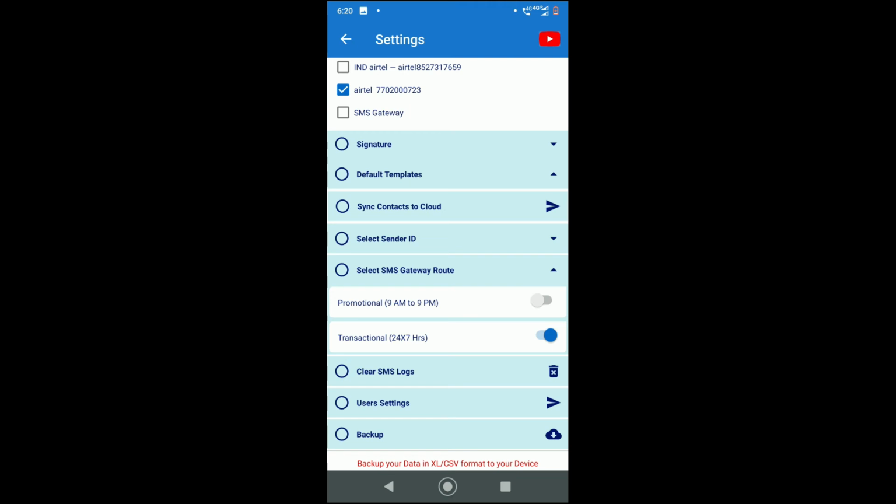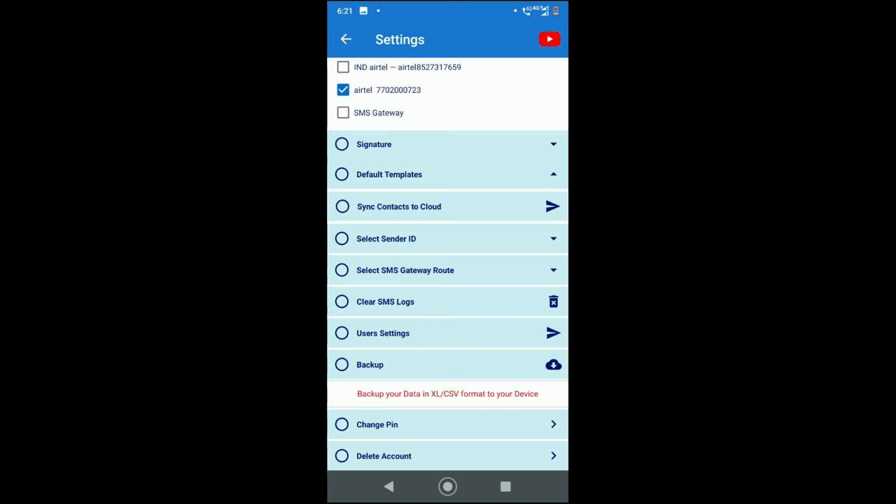But if you are sending any product promotion, features and others, then you select the promotional route and then use the SMS gateway or bulk SMS. Now I have explained that, right?